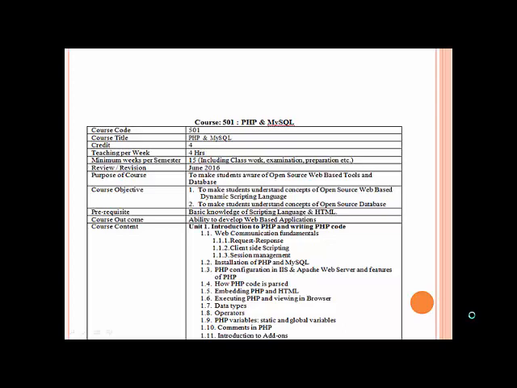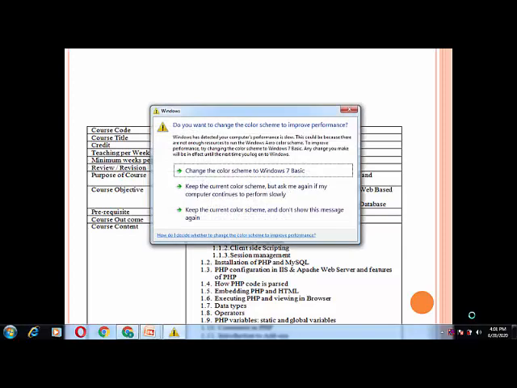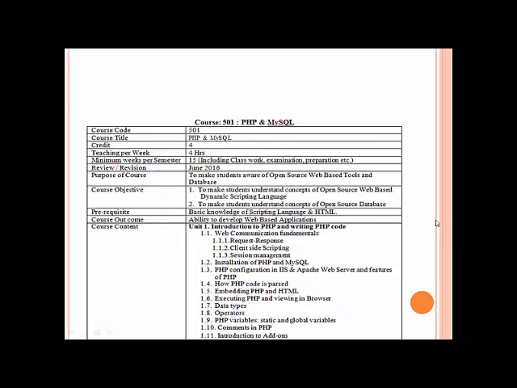The syllabus contains theory and practical. Theory credit is 4 and 3 hours practical per week. Let's start with the first unit. First unit contains the introduction of PHP and how to write PHP code.